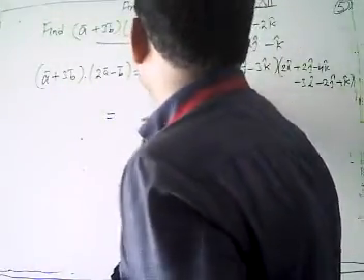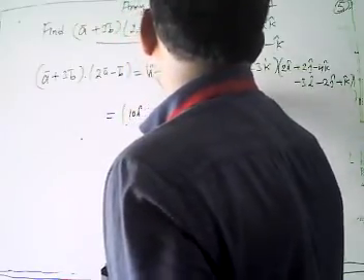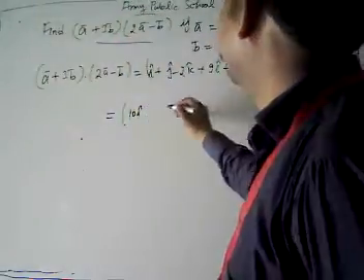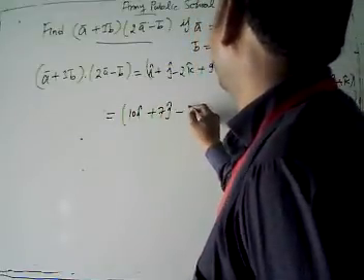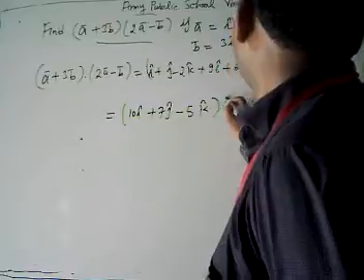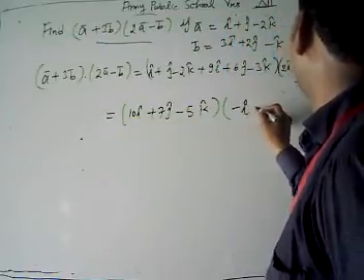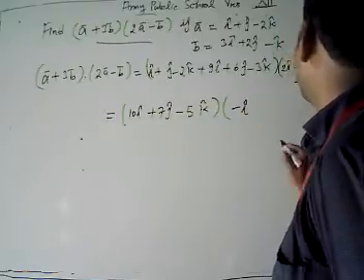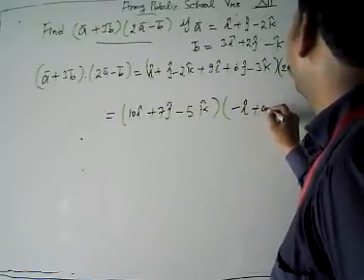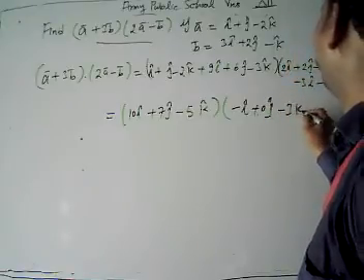i cap plus 9i cap, what do we get? We get 10i cap here. j cap plus 6j cap, we get 7j cap. Minus 2k minus 3k, we get minus 5k cap. Then here we have 2i minus 3i. What do we get? We get minus i cap. 2j cap minus 2j cap, we get 0 there, and we can write plus 0 j cap. Then minus 4k plus k, we get minus 3k cap.